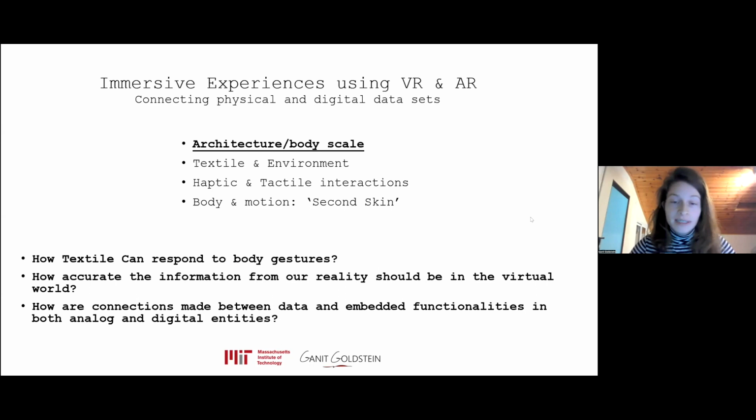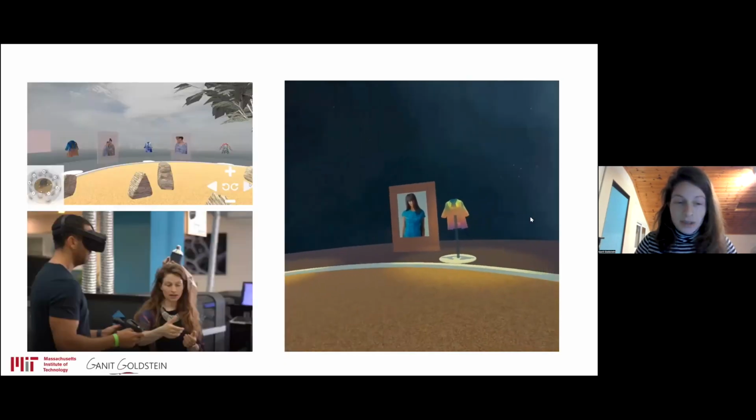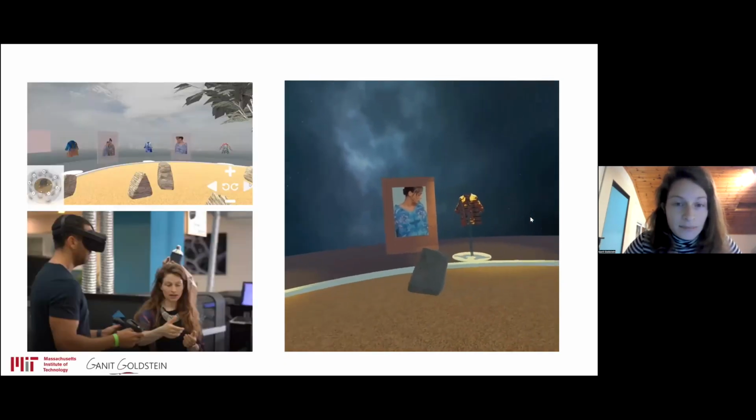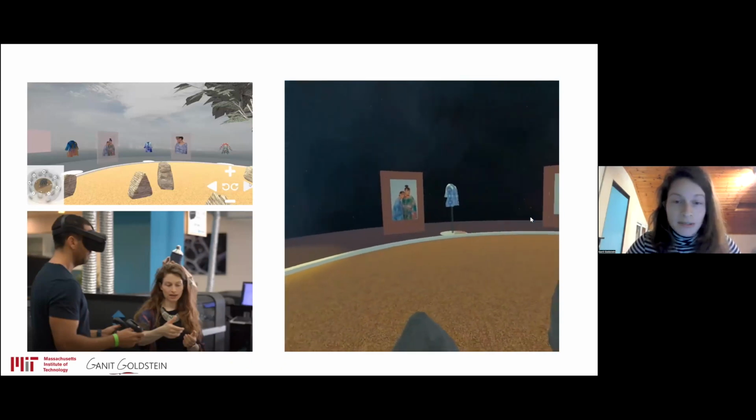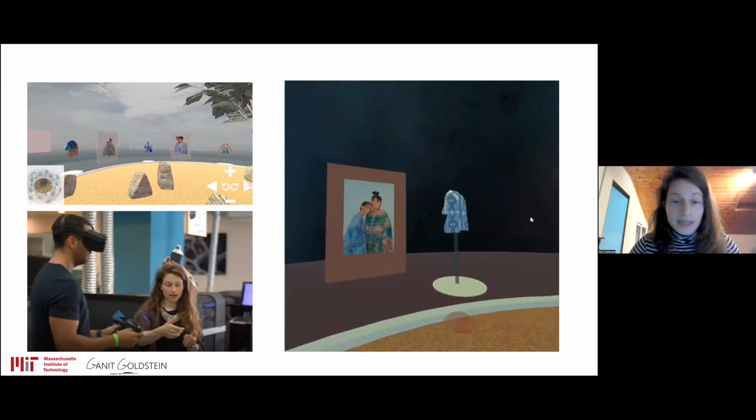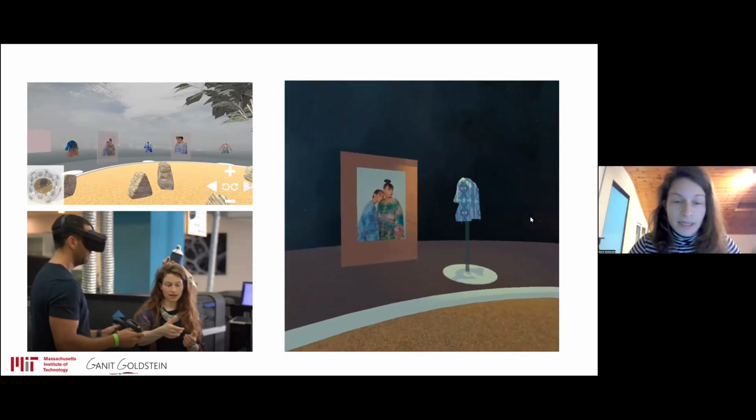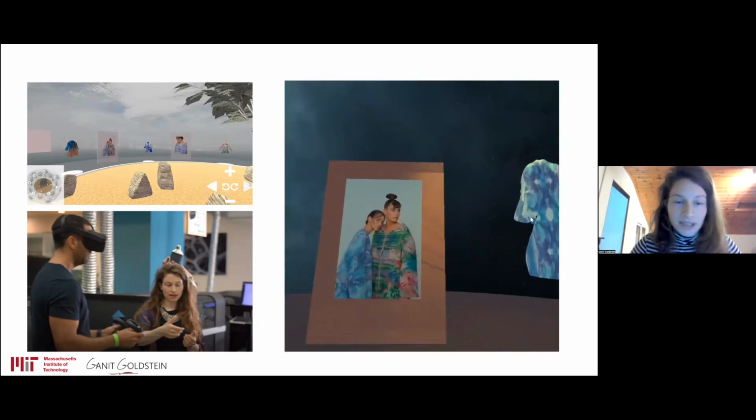Maybe we can implement different data sets inside the virtual space that we cannot in reality. And then I'm asking how these connections can be embedded in functions, in both the analog and the digital space. So this was an immersive experience using VR to present some of the outfits that I made in a kind of VR museum.